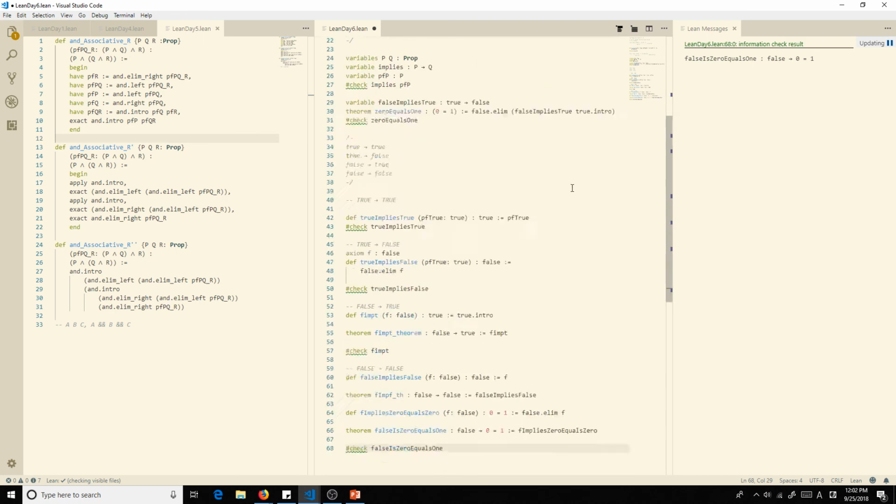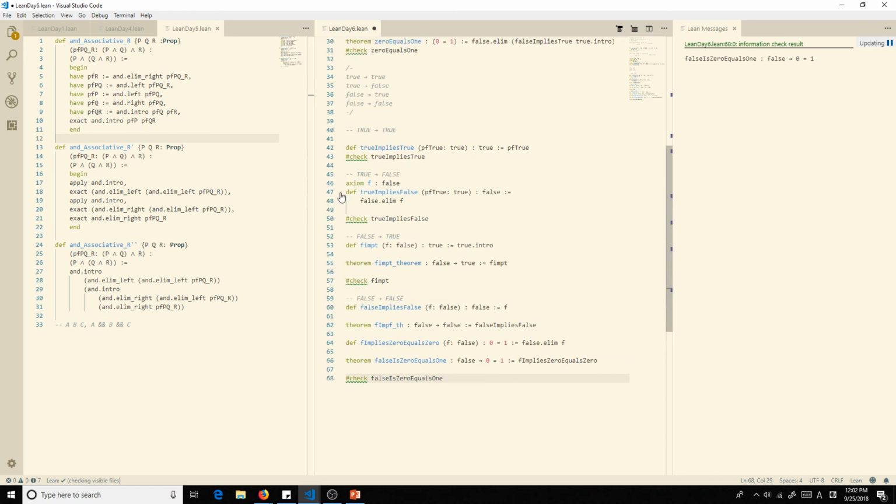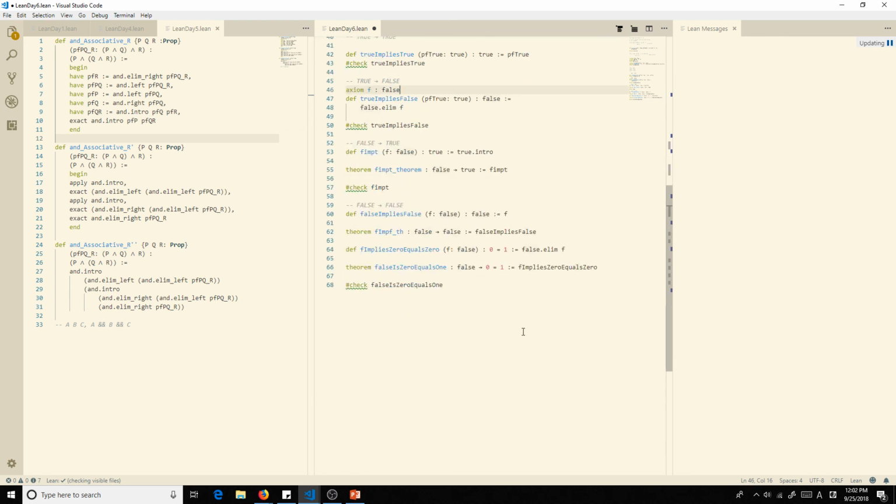That doesn't make any sense. So we have to actually use an axiom to just say that these mysteries of science could actually exist, right? So that's how we are going to do it. And that's basically our arrow elimination. So using a proof of P to get a proof of Q.